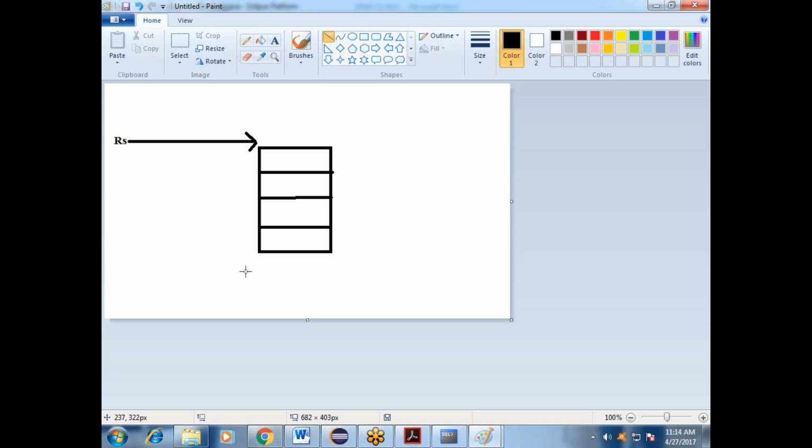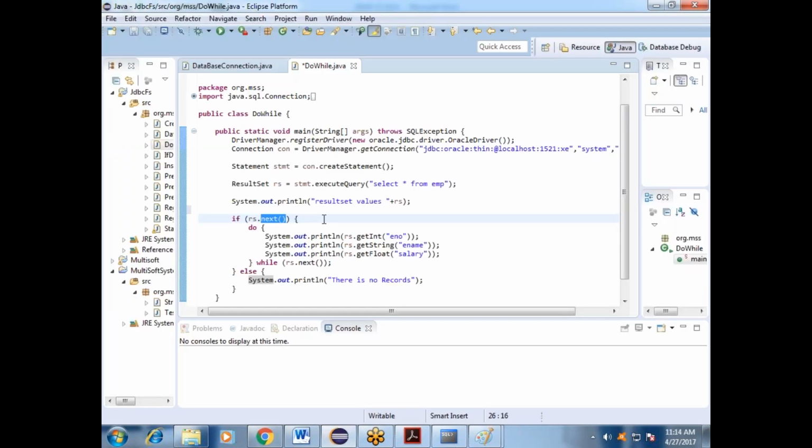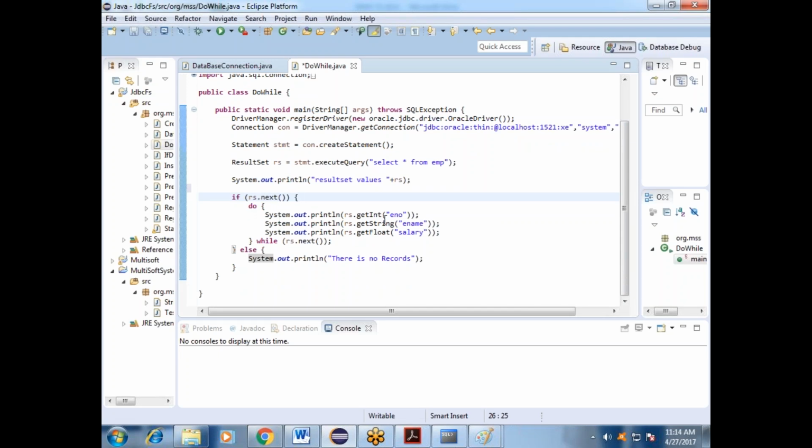Are you getting it? Whenever it goes to the next, it checks how many values. First it goes to the do while, after checking the if condition, and then it gets the data, whatever value is inside.